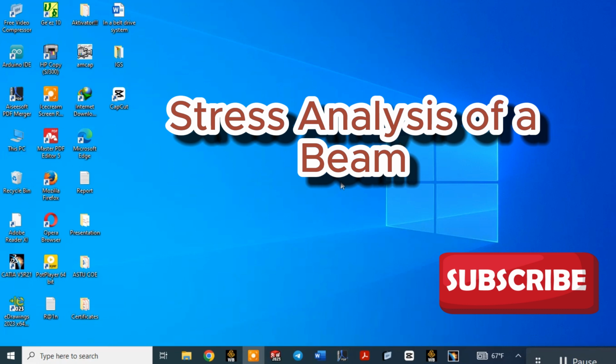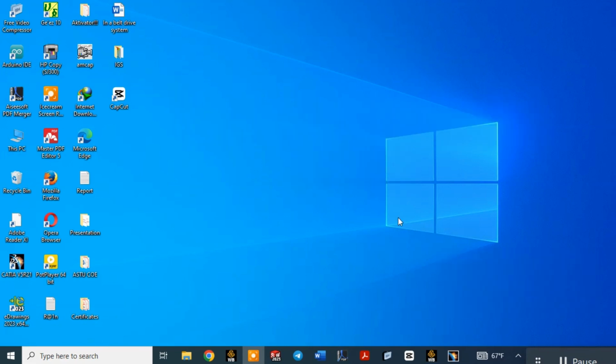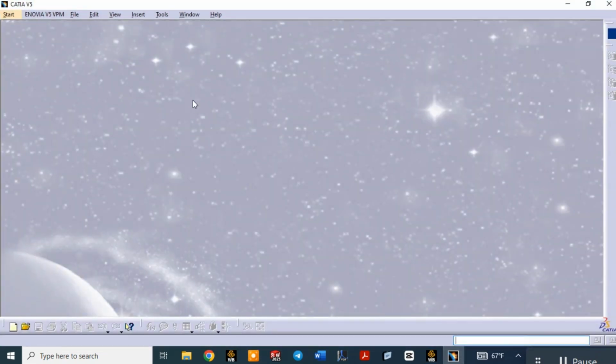Whenever you think of doing the stress analysis on a beam, the first thing you need to do is construct the 3D model of the beam. To construct the geometry, you can use Ansys Workbench itself, or you can use any other 3D modeling software. For today, let us use CATIA V5, which is one of the commonly used modeling softwares in engineering. To create the geometry using CATIA V5, just go to the start,